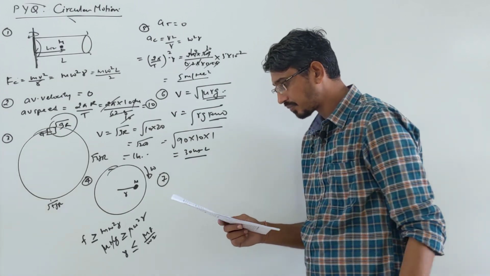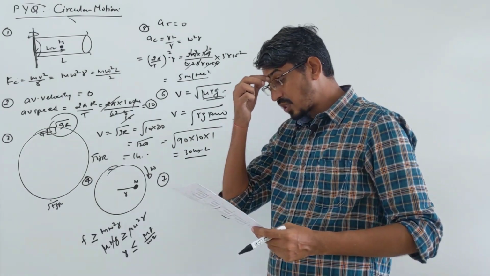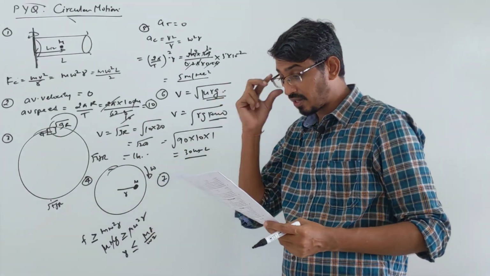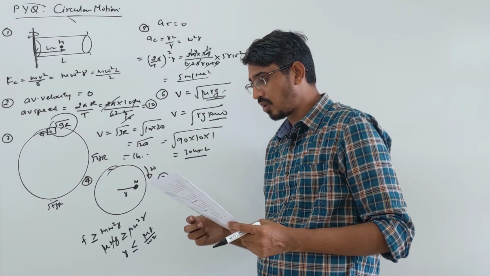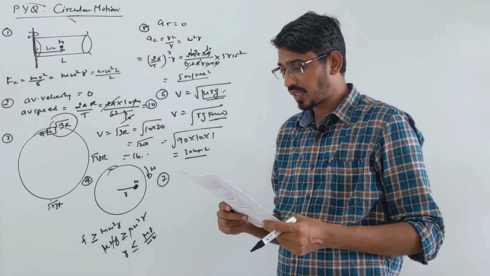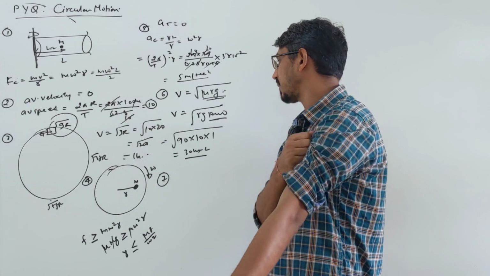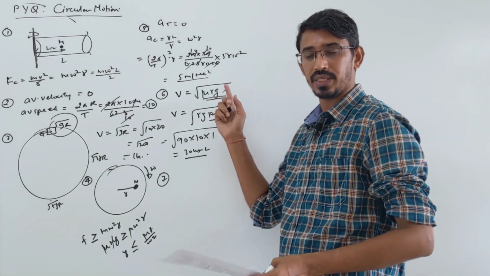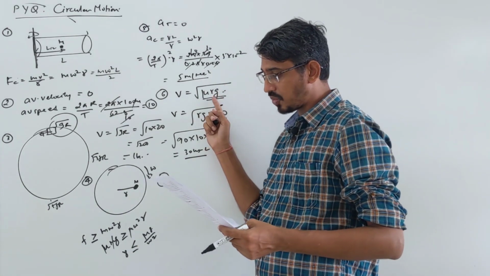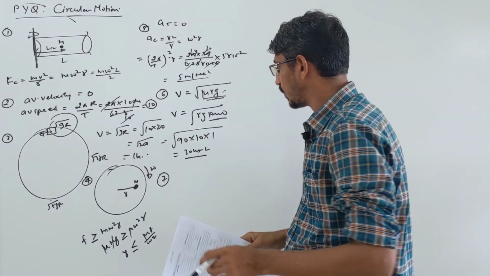That's your answer in the sixth problem. Okay, the seventh question is also the same, just the formula they are asking. The car of mass m is moving on a level circular road. If mu represents static friction between the road and the tire, the maximum speed of the car is what? So this is the answer, right? Root of mu rg. So what is the answer in the seventh question? Second option.